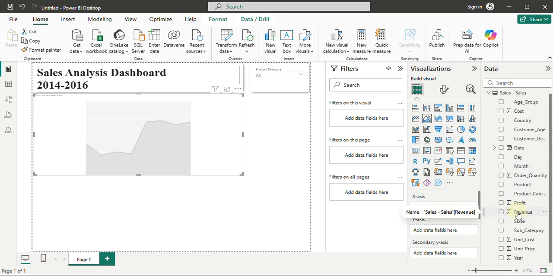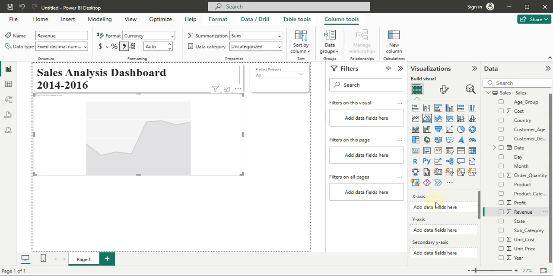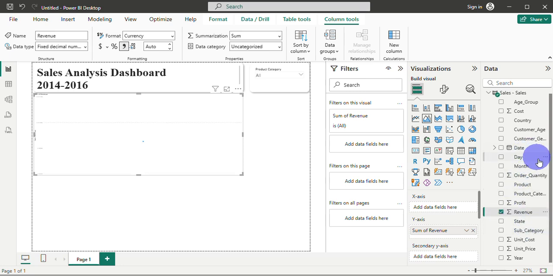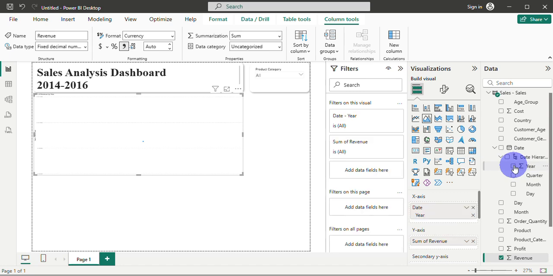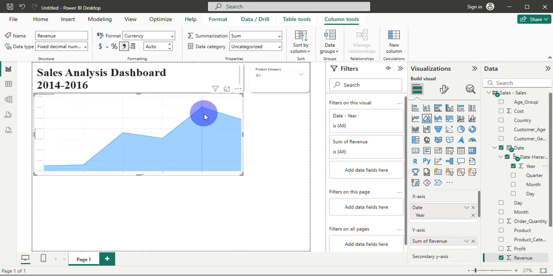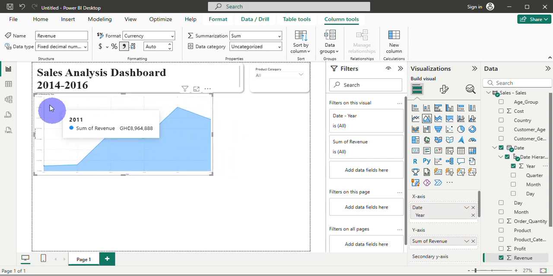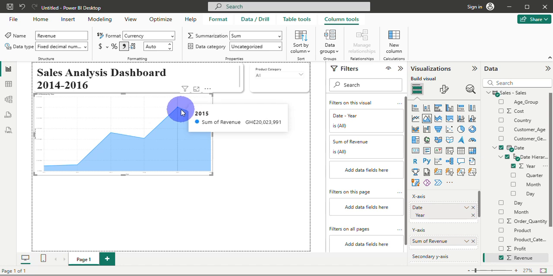I'm going to have revenue. Just click on revenue, and then you are going to also have revenue by year. Okay, go to the date. Where's the date? Then you go to this column, then you check the year. Okay, so this is the revenue by year. Okay, that is it. But we can also maneuver our way around these ones and make sure that it is